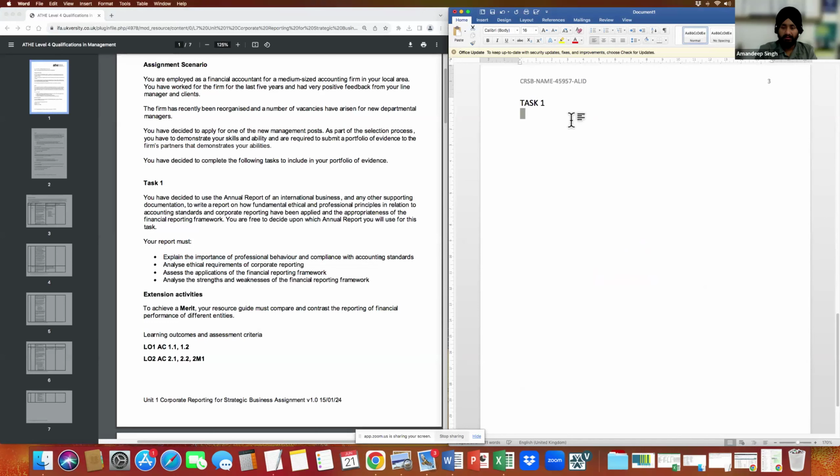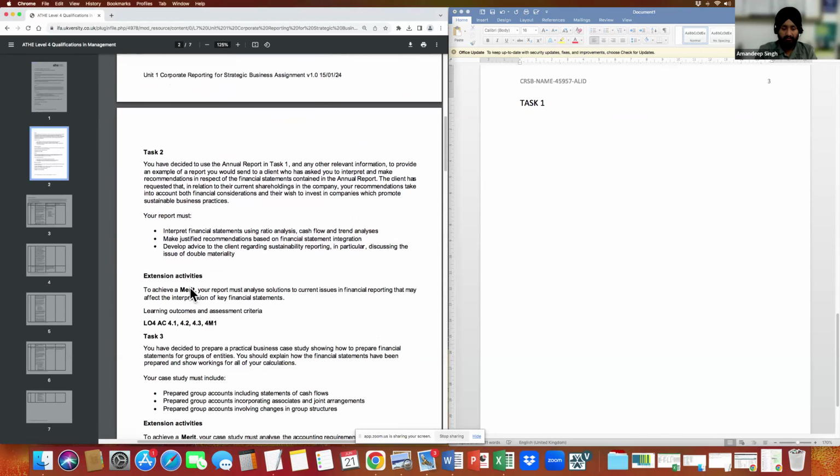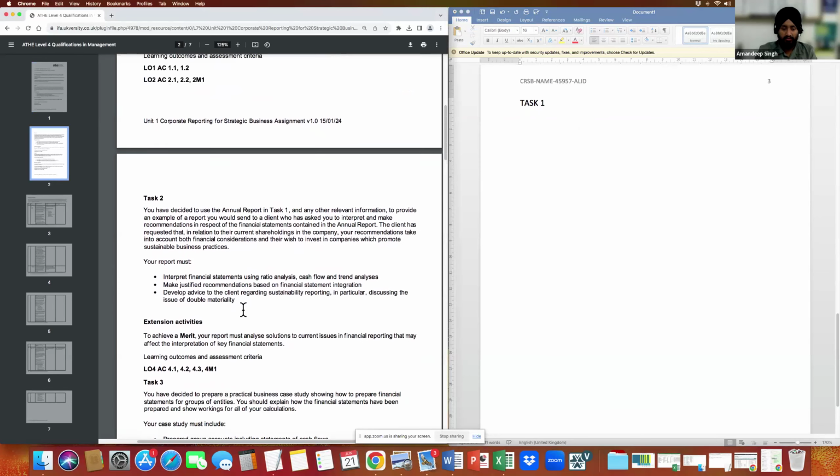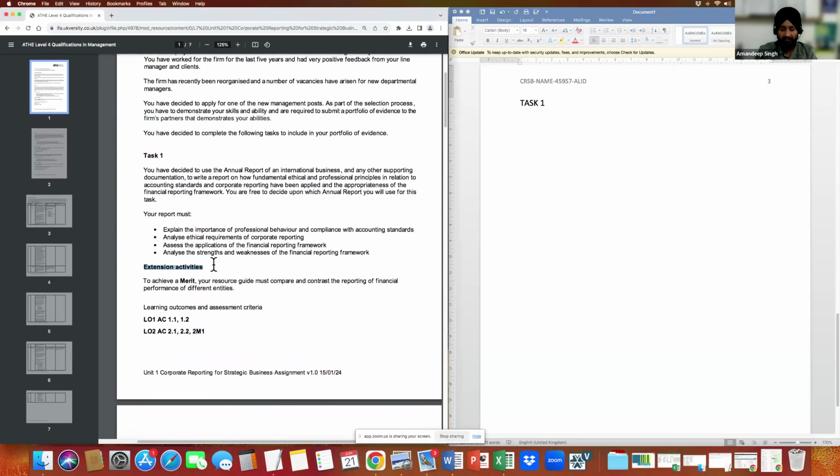The third page is where your assignment should start. Here you can see task number one. There's a scenario mentioned here, your report must, and the question starts from here. Extension activities is like a division.